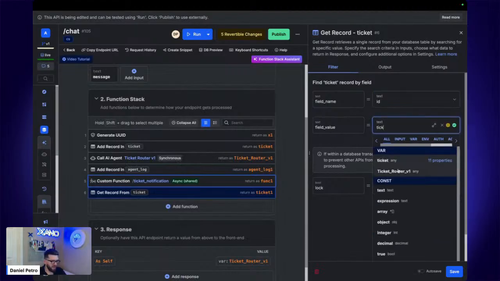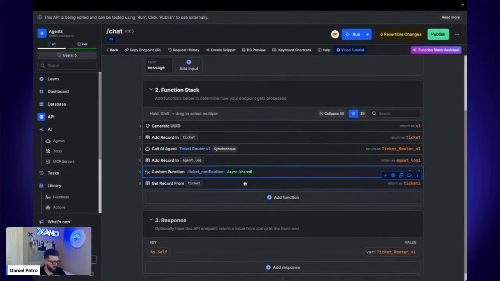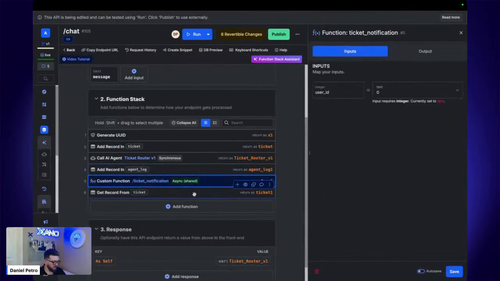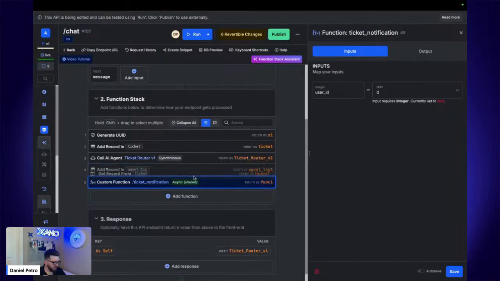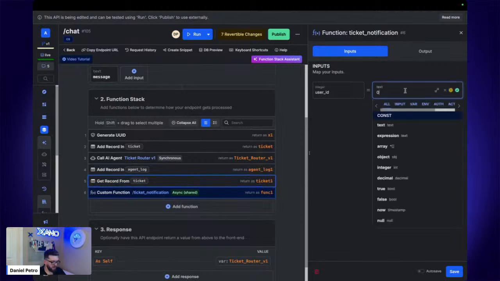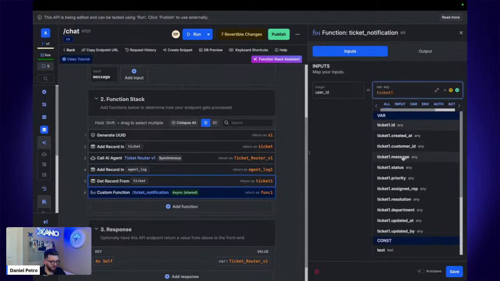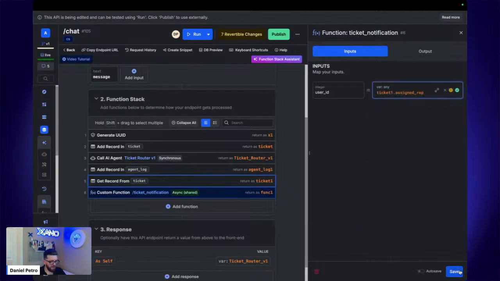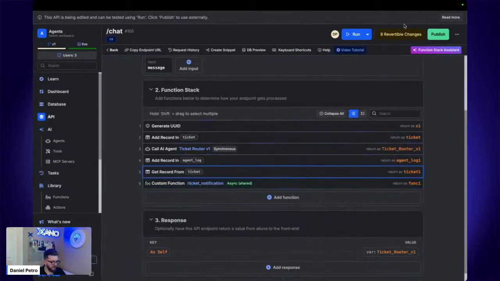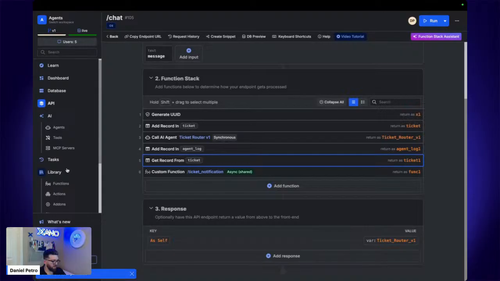And that is ticket.id. Boom. And now we can pass in our user ID from ticket one dot assigned rep. Perfect. Okay, so I'm actually going to publish this,